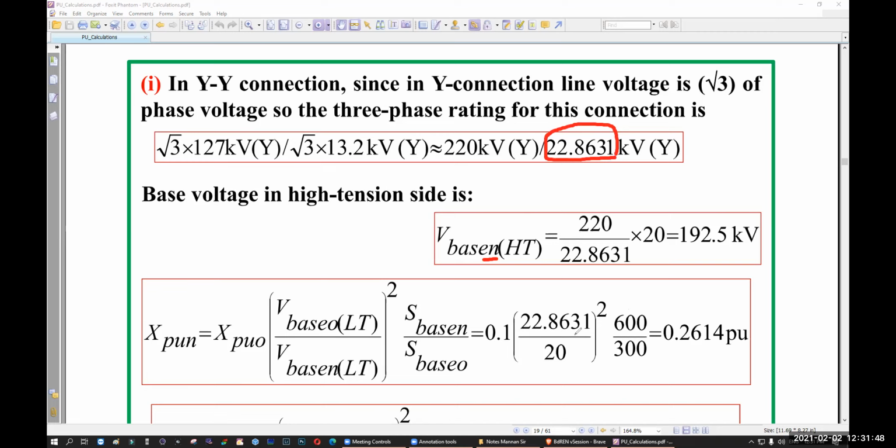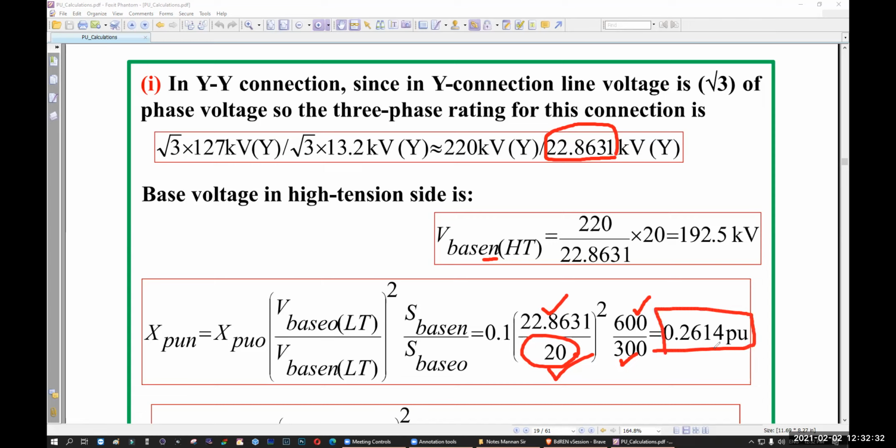That means after connection: 22.8631, V base new is equal to 20, whole square, 600 by 300, because 600 is your new base and 300 is your old base. That means after connection, it becomes a 300 MVA transformer, right? Because if you connect three 100 MVA transformers together to make them three-phase, that becomes 300 just after connection. So 600 is your new base, 300 is your old base. 22 is your old voltage, 20 is your new voltage. So this is the value you are going to get,